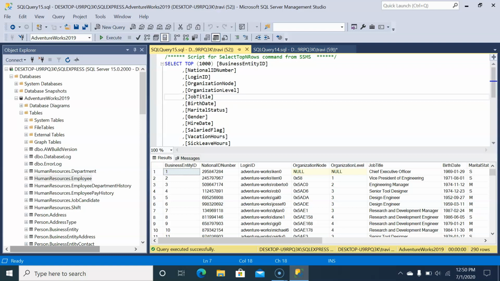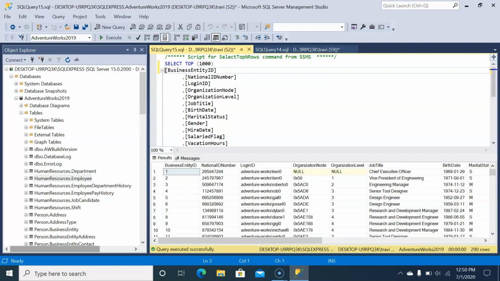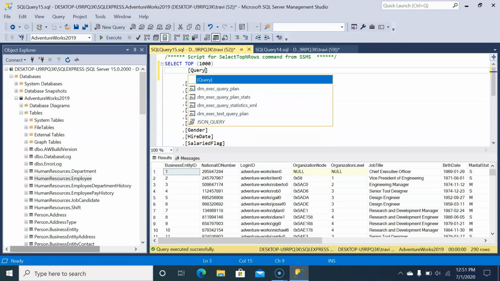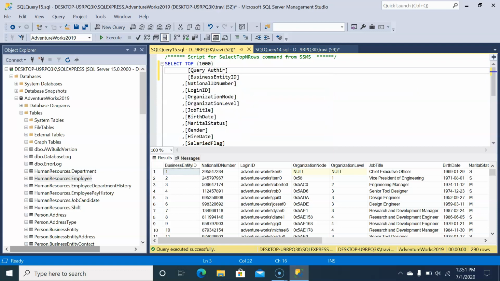But what if I wanted to add a column to this query saying who the query author is, like me? So I'll actually add a column at the beginning of this query called query author. And then my name,